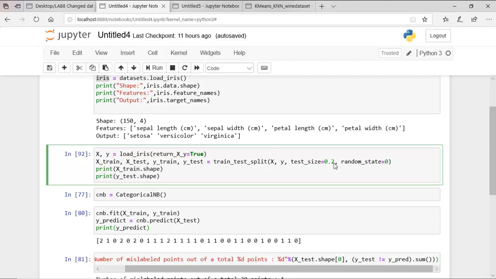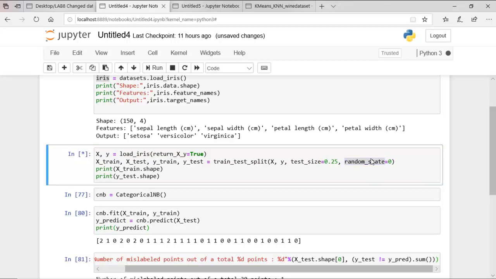What is the ratio in which we are going to split? test_size is equal to 0.2, meaning that the training data will be 0.8, so 80/20. You can even split differently. Now I'll make it 0.25, so that is also possible. random_state is equal to 0. You can explore this random state. It takes many values to control whether randomness should be there while splitting the train and test sets. In order to understand this completely, we need to understand both random state as well as shuffle. Both things we need to understand.